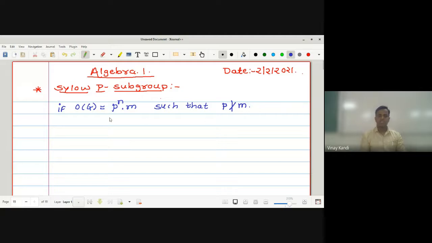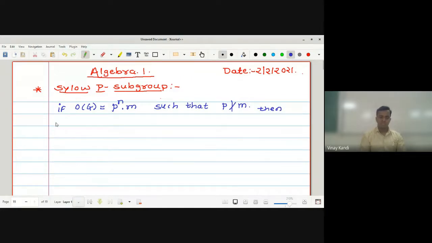Okay, this P does not divide m. That means P does not come out as a factor of m. Okay, so the GCD of P and m must be equal to 1. Such that P does not divide m, then